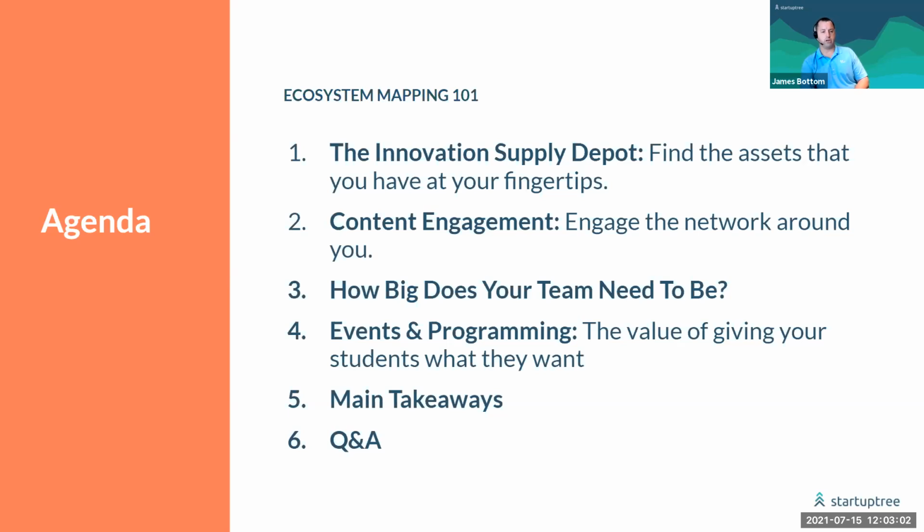In terms of content engagement, we are going to help you find ways to automate your content pipeline, so we can have a small team of people that can help you continue to produce content. And we're going to dive into how big your team needs to be, because you can run it with a very lean team. We're also going to teach you about understanding your audience, so you continue to have people tuning into what you want to do, and to the content that your audience wants to receive, and then some of the main takeaways. And of course, the 15 minutes of Q&A there at the end.